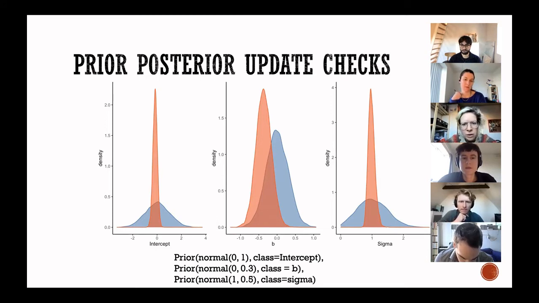Yeah, so it looks like the mu of the posterior is quite shifted from the mu of the prior. So we see that the posterior has learned something, that the model has learned something from the data, right? It's not completely determined by the prior. Look at the relative height of the two, right? You can see that it has become a bit more confident, but not excessively so compared to the other prior posterior update checks. So what we're seeing is that the prior is constraining the inference a bit,